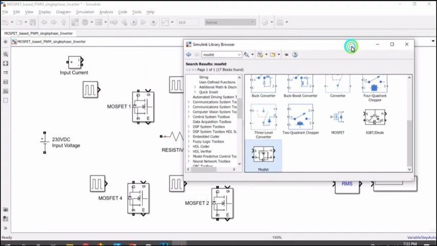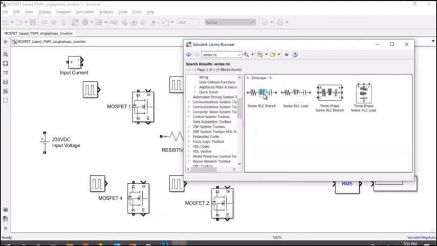Next we need the resistive load. The resistive load can be taken from the series RLC branch. So we will now type in series RLC branch. The series RLC branch which is available in the Simscape can be taken.